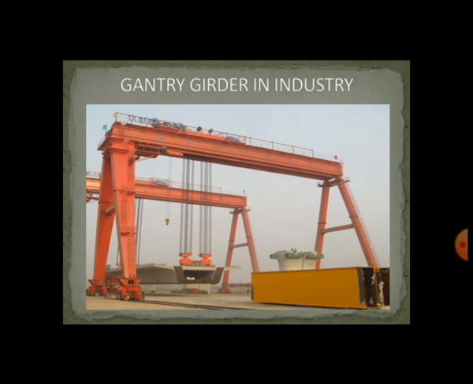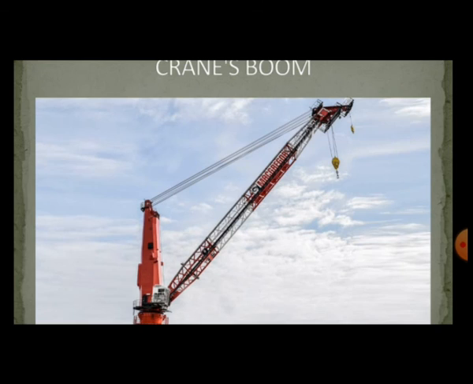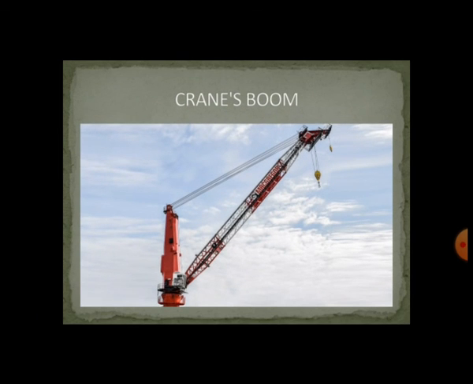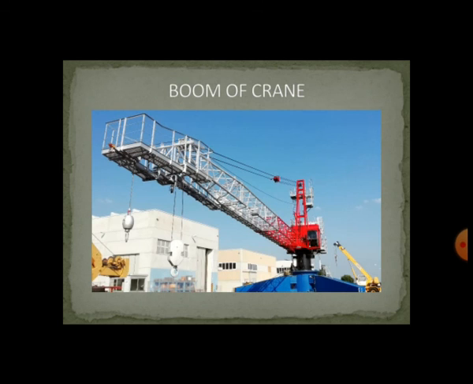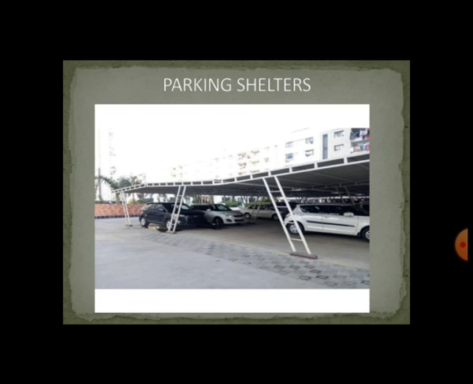Gantry girder in industry to lift the loads. To lift heavy loads we make use of gantry girder, which is made out of steel itself. So cranes boom, you can see. This one is cranes boom. It's a compression member, so this is also made out of steel. And another crane, the boom is made out of steel. Overhead water tanks, if you make use of steel correctly, it can be used as a leak resistant water tank. Parking shelters,